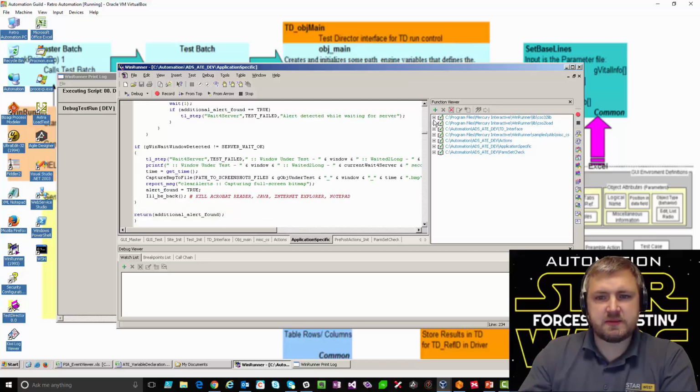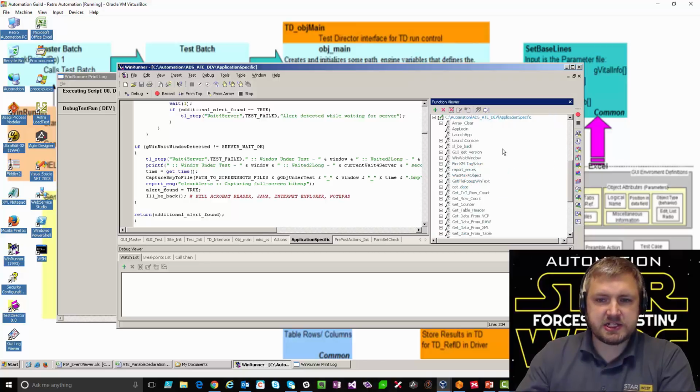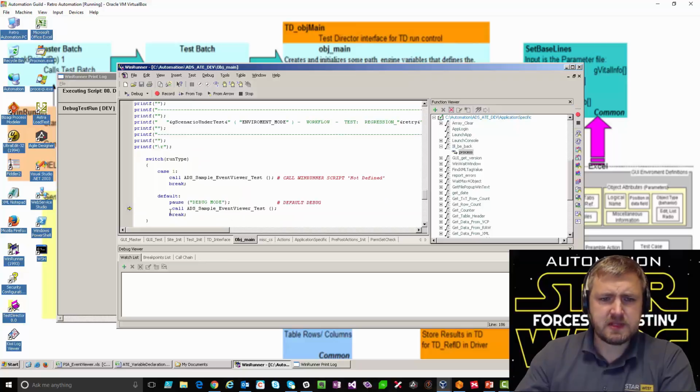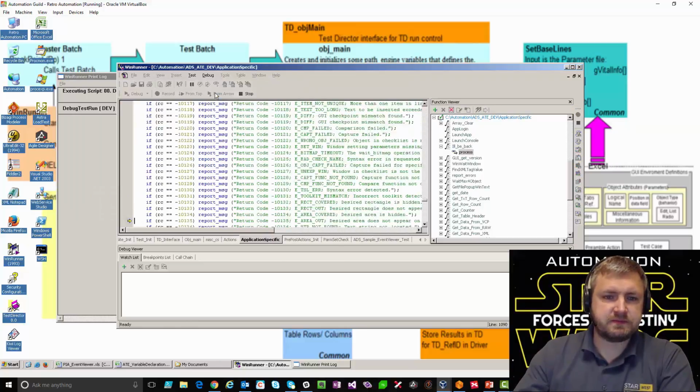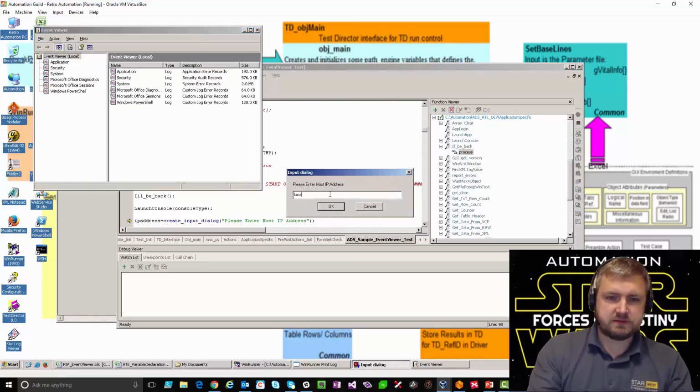Equally, we said there were some libraries which were loaded up beforehand. These are the CSO libraries, which were the maths libraries which came with it. We have some TestDirector actions, and we have the preamble, post-amble actions, setting, checking, and then application specific ones. In this case, I'd built a process killer which I used, which terminated any applications which were running. So in debug mode, we're going to run this simple test. So from here, it's now going through. I'm going to run on the local host.